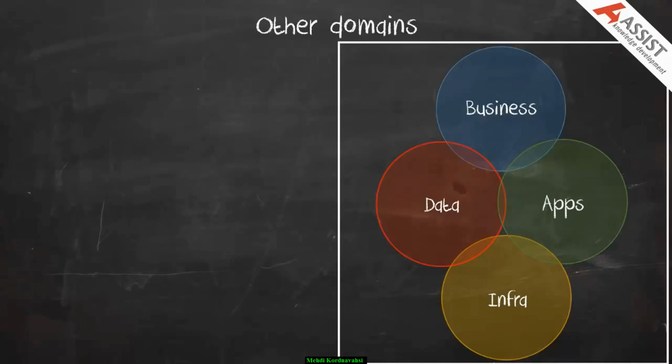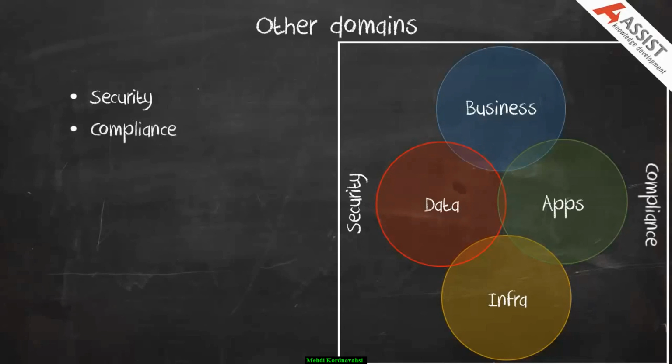For some organisations, security is incredibly important, so a security domain which cuts across all of these other domains is seen as important. Other organisations think compliance is enough, to have a specific compliance architecture being overseen as its own domain. If you go and look at some of the frameworks, like the frameworks for Department of Defence in the US or the Ministry of Defence in the UK, DODAF and MODAF, you'll find all sorts of interesting domains in there which we won't talk about here.